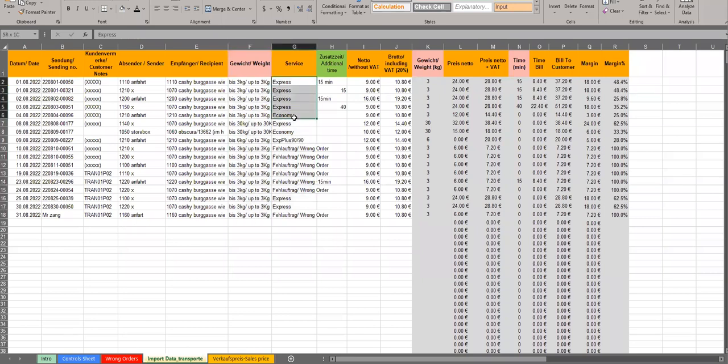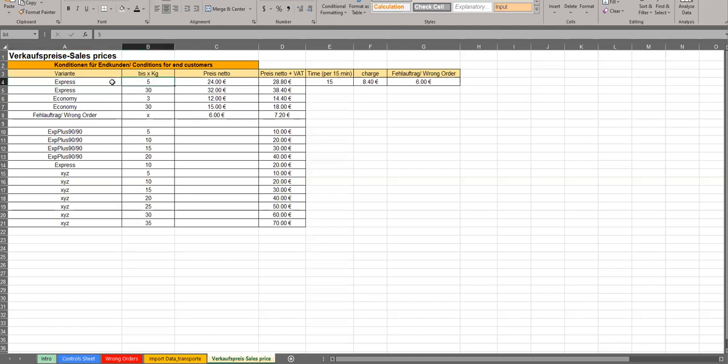So the service matching express or economy and the weight matching will be pulling out the value for the net price from the other sheet. This sheet basically has different intervals, different kgs with different rates. So anything less than or equal to 5 will be considered as a 28.8 charge, and anything above 5 and less than 10, which is here express. So these are three express entries. So anything between 5 to 10 will be charged as 20 euro, and above 20 up to 30 it will